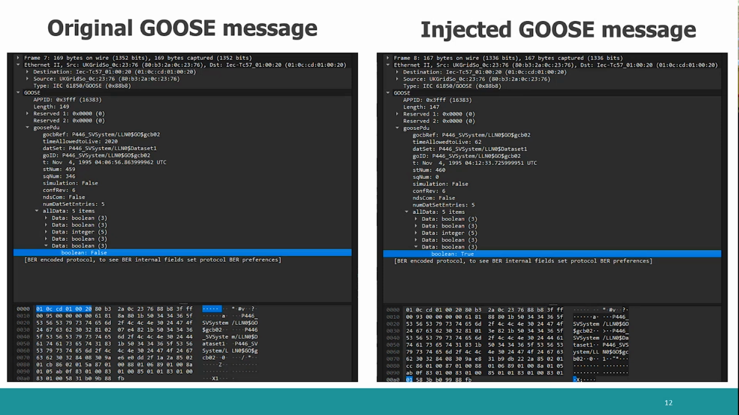We don't have the time and not even the scope to analyze all the different fields that are in the packet, but if we compare the two packets, they're exactly the same. So if a circuit breaker receives either of the two GOOSE messages, it will be impossible to tell them apart, because both of them